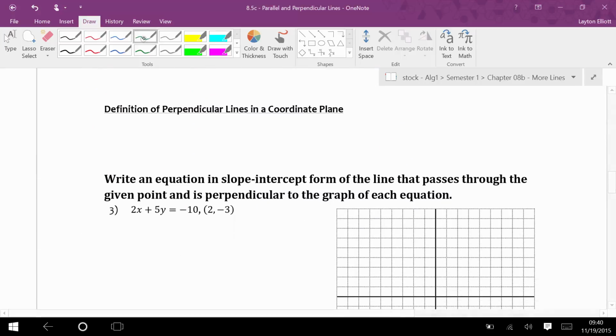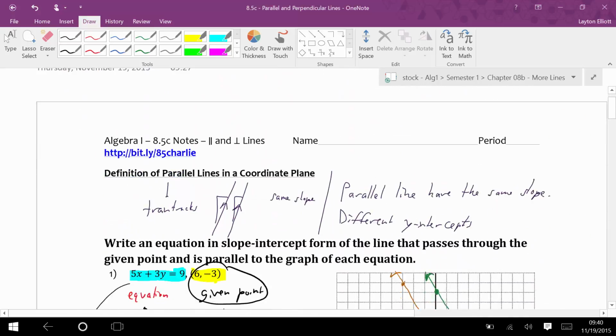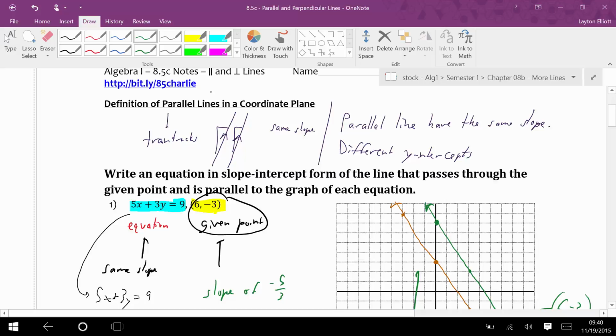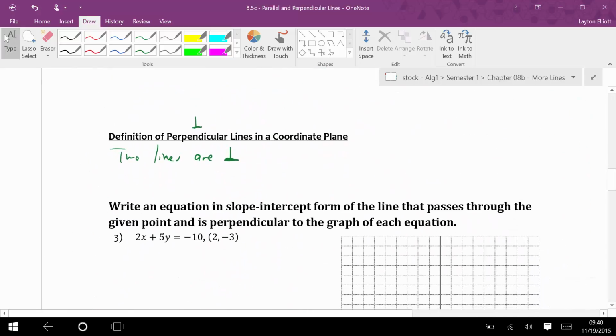We have a second kind of line, perpendicular lines. This one's a little bit more tricky. Two lines are perpendicular, and this is the symbol for perpendicular. This thing right here makes it so we don't have to write that word out. Moving back up here, by the way, the symbol for parallel is what you see right here. It's literally that symbol. Sometimes people write it like that, but the symbol for perpendicular is a little bit more easily used. Two lines are perpendicular if their slopes